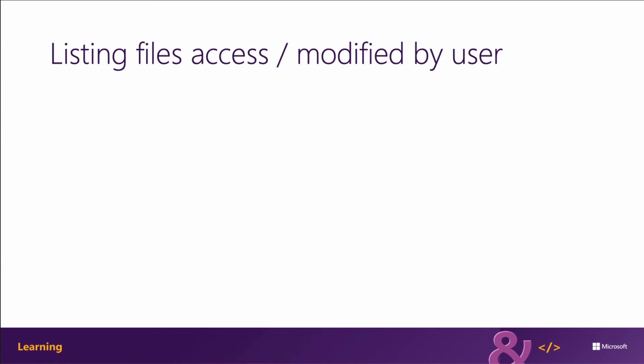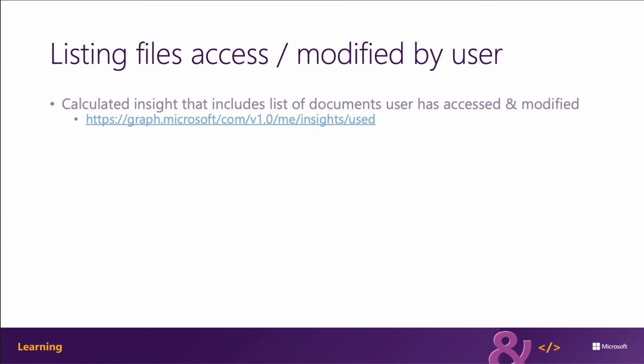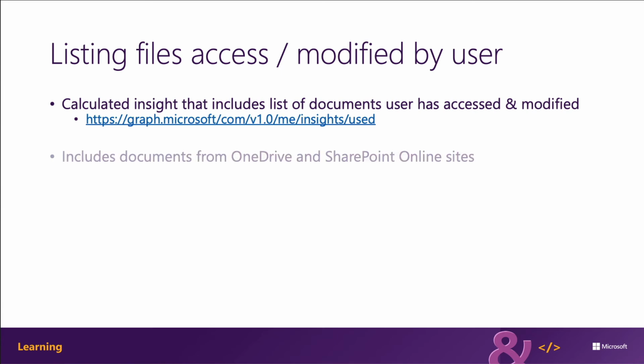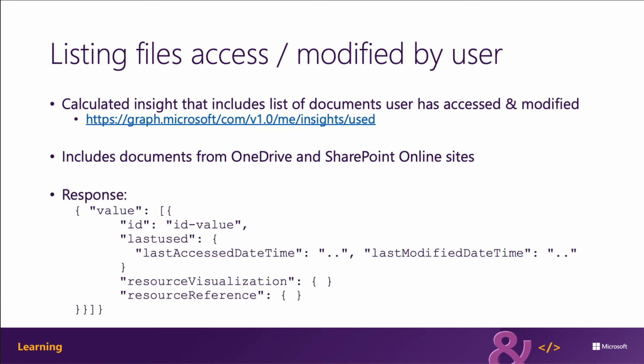The Used endpoint is a calculated insight that includes a list of documents that the user has modified. This insight returns the most relevant documents that a user has viewed or accessed. The documents returned include those found in OneDrive for Business and in SharePoint sites. To get a list of the documents recently modified or accessed by the current user, you can submit a request to the Microsoft Graph, going to the